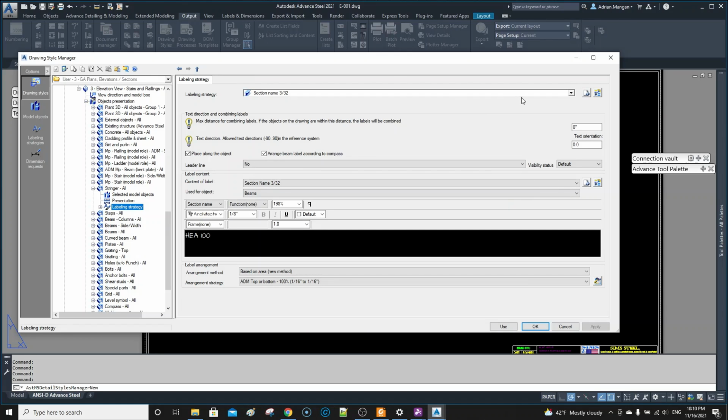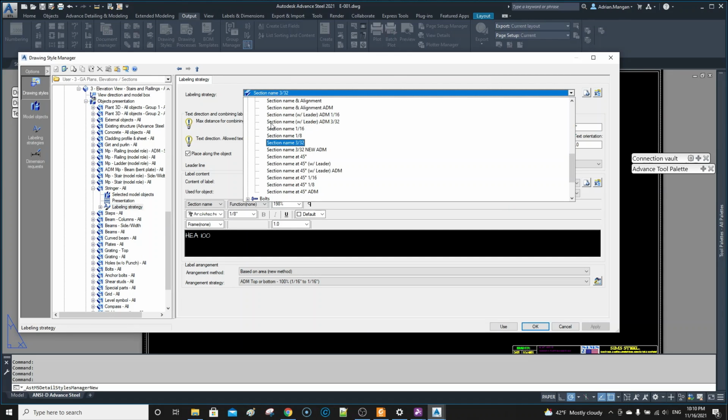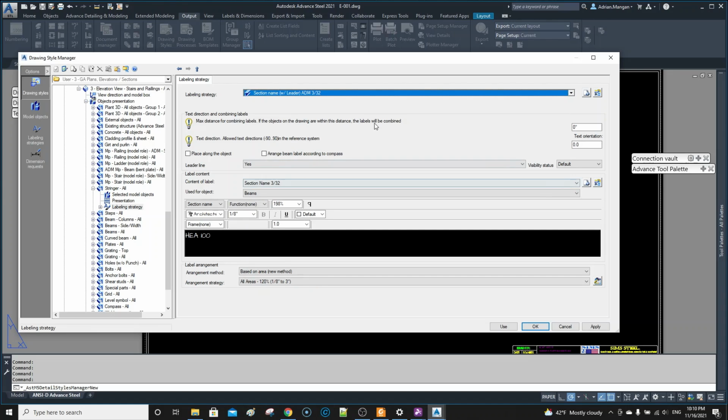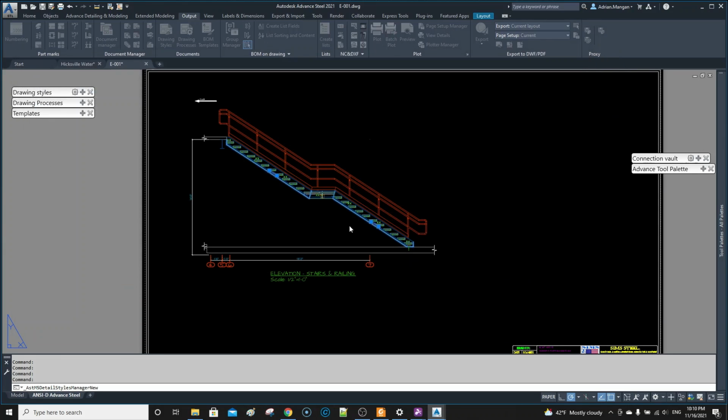It's kind of easier sometimes. So section name leader at 45 with leader. Now we don't want it at 45, so it's not placing it along the object. It has the leader line. So apply, use,